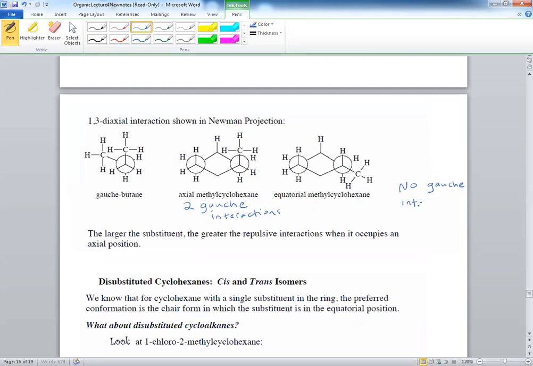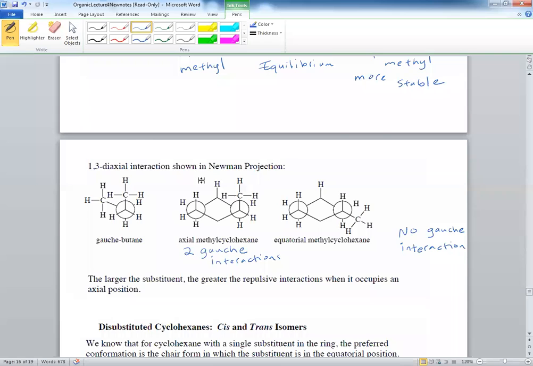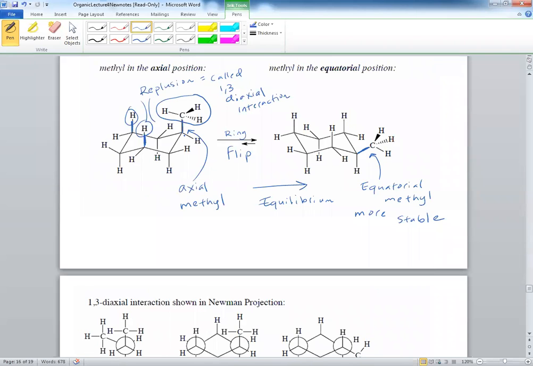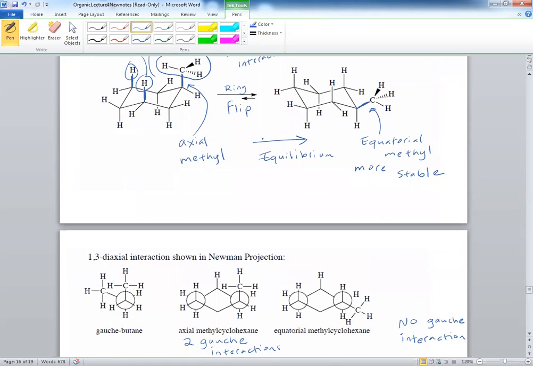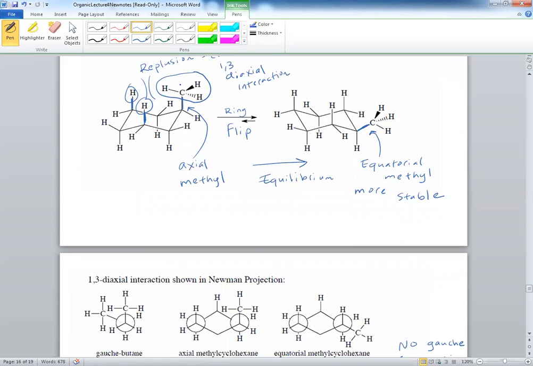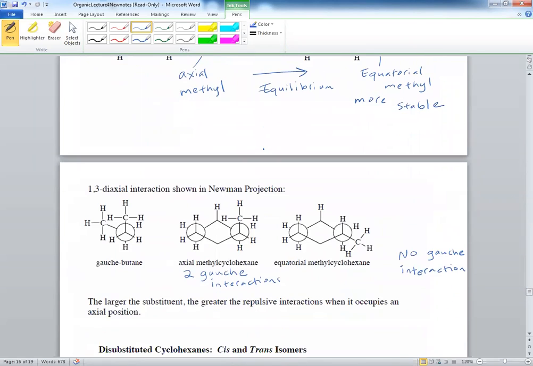Think about it before we meet next time. Try to imagine that there is a gauche butane. If you have a gauche butane, this is just a butane. Look at the axial methylcyclohexane. Look at this one. Can you imagine the two gauche butanes that are happening here? The gauche interactions that are happening here between the methyl and, of course, the hydrogen. So look at that very carefully. And of course, if you have an equatorial, they have no